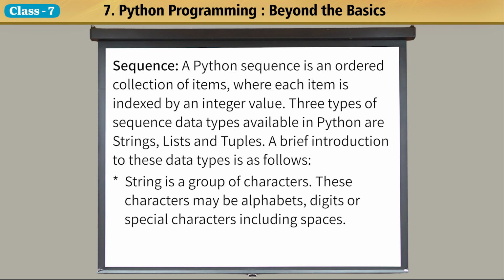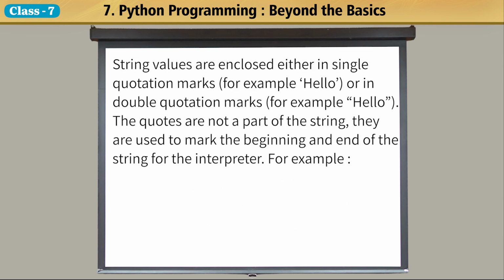These characters may be alphabets, digits, or special characters including spaces. String values are enclosed either in single quotation marks or in double quotation marks. The quotes are not a part of the string, they are used to mark the beginning and end of the string for the interpreter. For example,